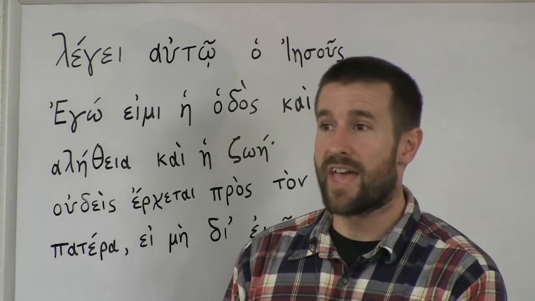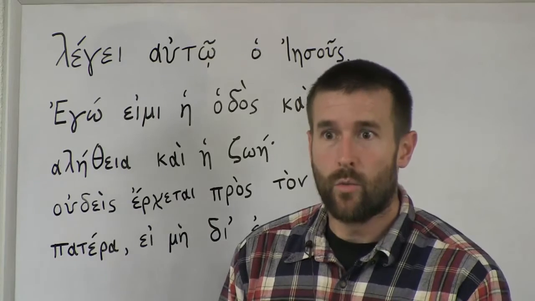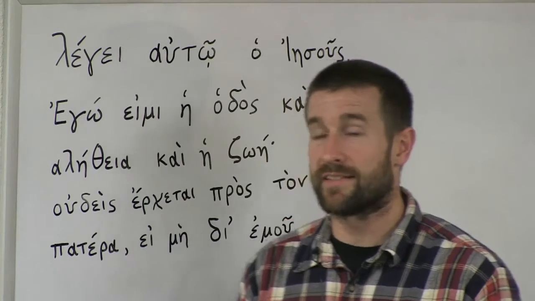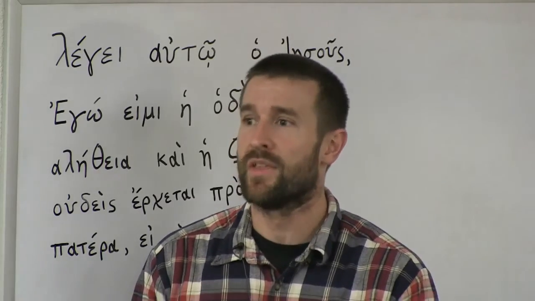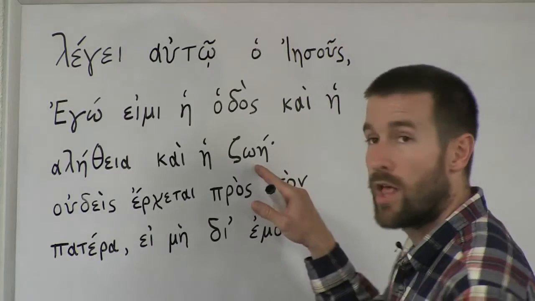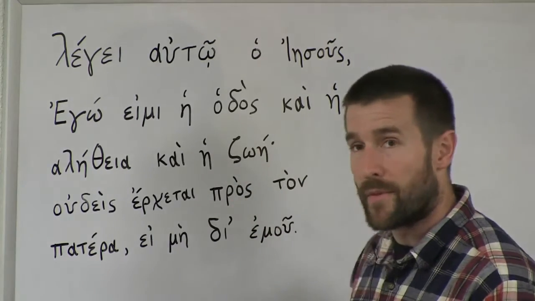So we can remember that by the word zoology, right? Or a zoo. What is a zoo, or what is zoology? Well, it's the study of animals. Basically, it's the study of things that are alive, okay? So our words zoo and zoology come from the Greek word for life, okay? Zoe. So that'll help you remember that.